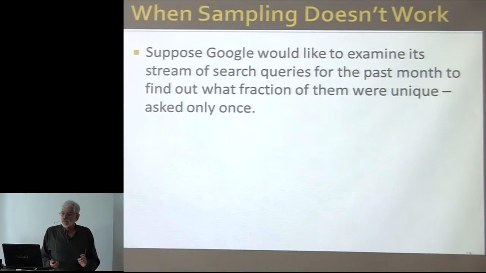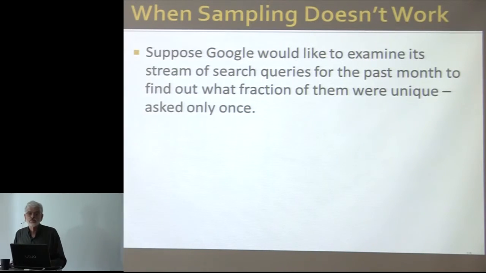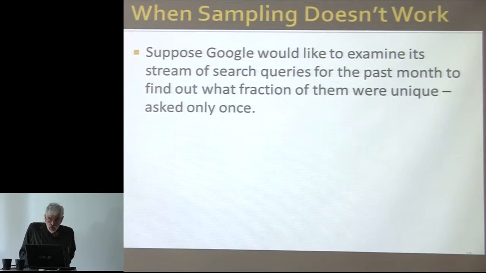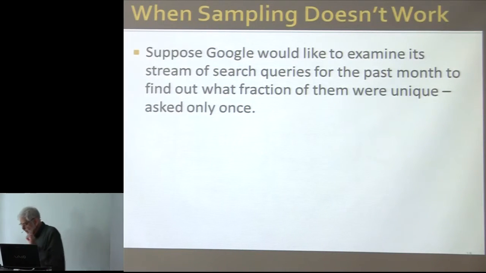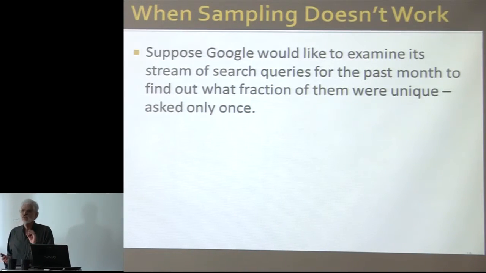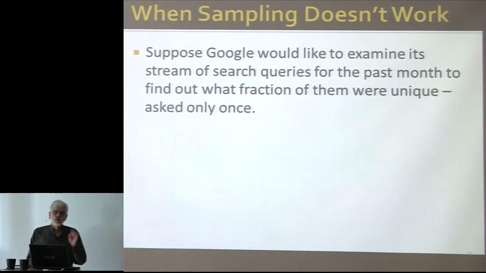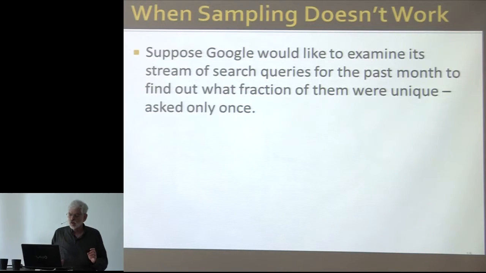Okay, so here's an example of a stream type of problem. Google wants to look at all the search queries that have been asked for the past month and find out how many of these have only been asked once. That is, they appear in the stream, but they don't appear